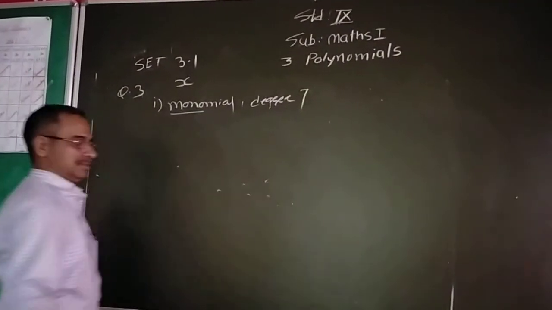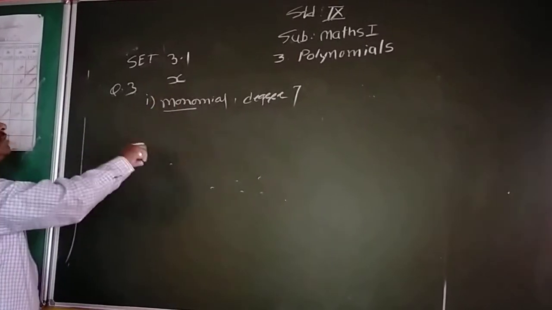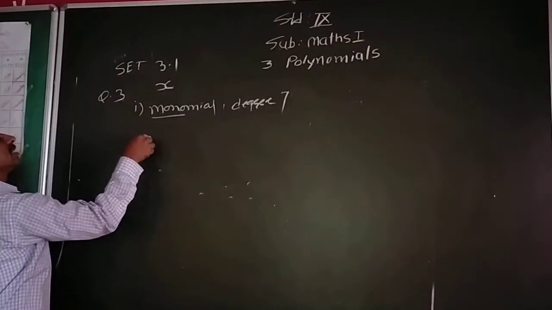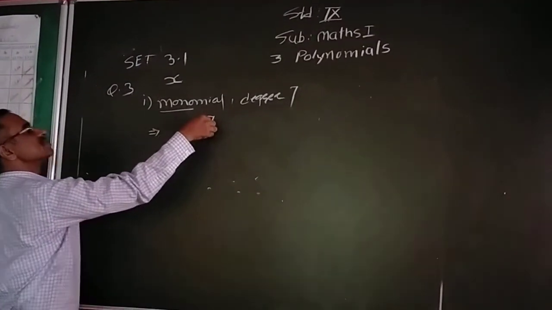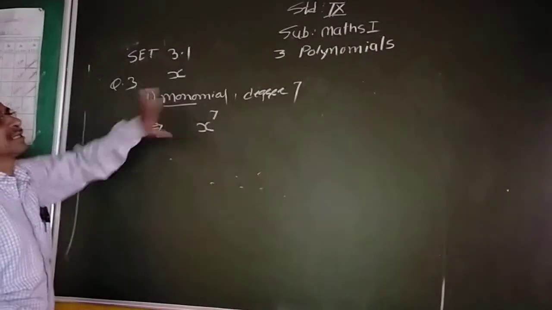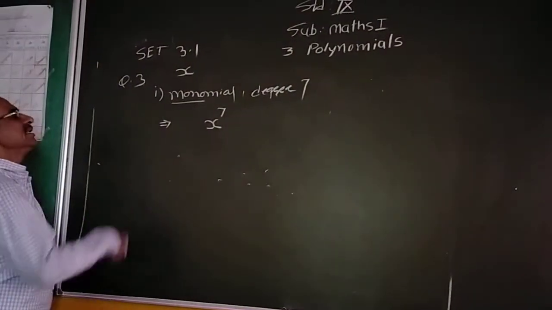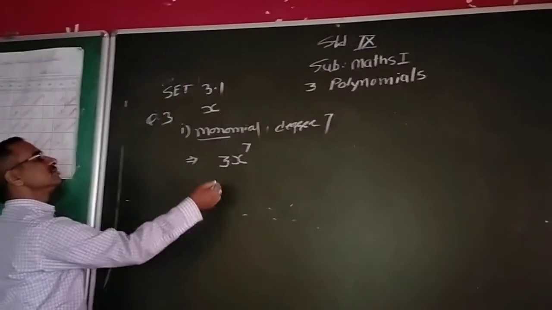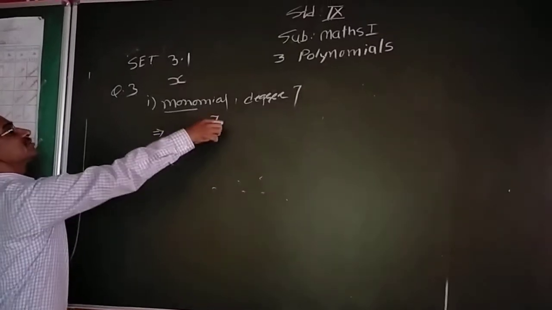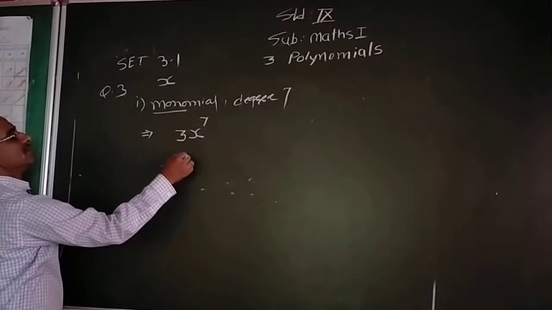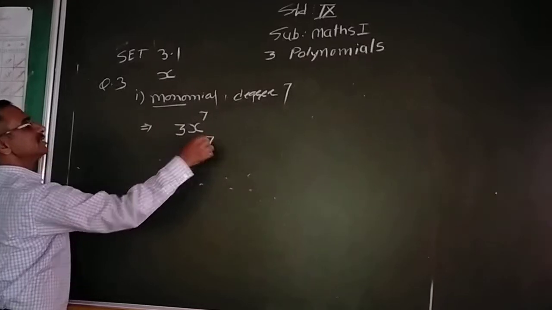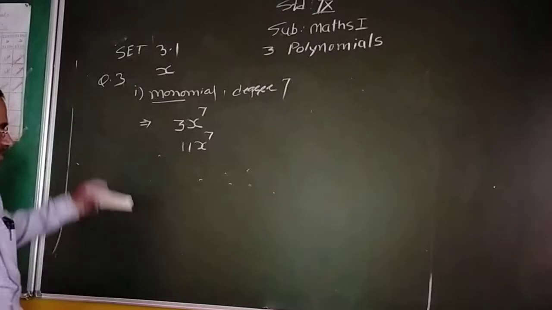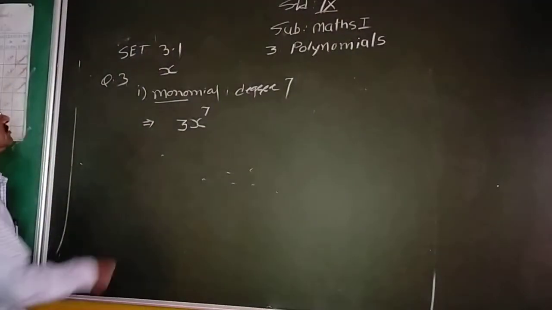We learn the types of polynomials according to their degree. Monomial contains only one term. Means x raised to 7. Only one term is required here. With that, you can take any coefficient or not. Suppose I have taken here the coefficient 3. It is also written 3x raised to 7, it is also an answer, or 11x raised to 7, it is also an answer. This question has a random answer as per your wish. Then second,